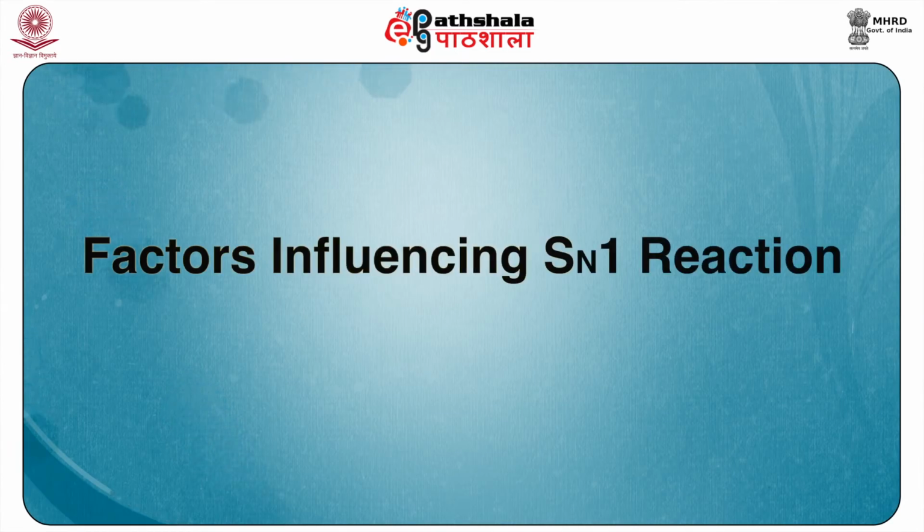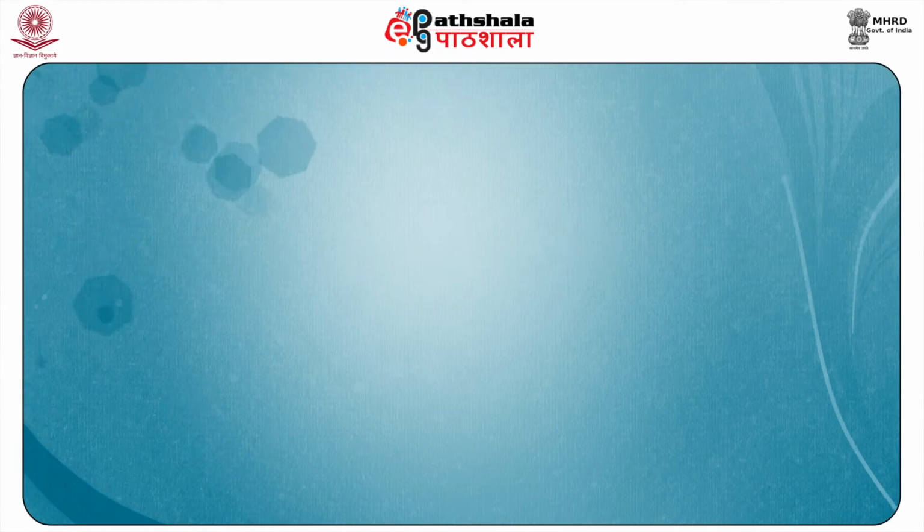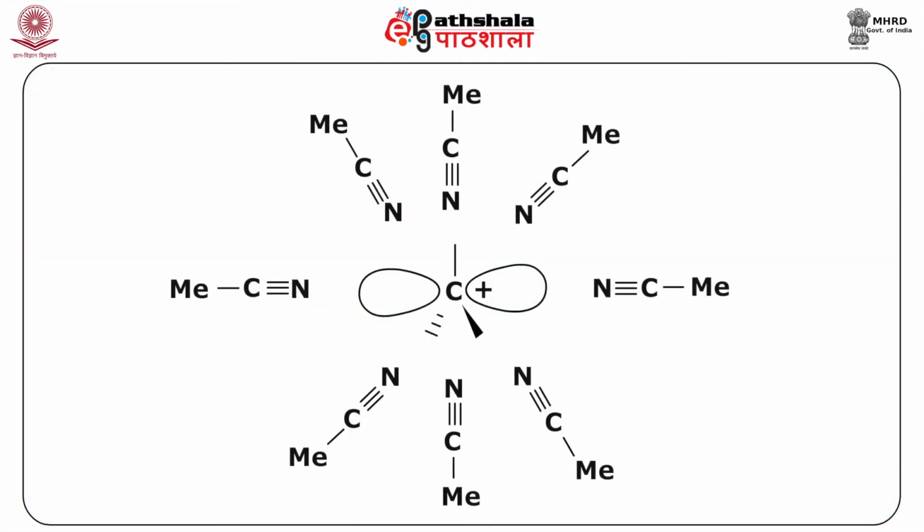Next we come on to the factors which influence the SN1 reaction. First factor is the solvent. The rate of reaction can be affected by the energy level of the reagents. Solvation of the carbocation allows the carbocation to be surrounded by more electron density. That is, since it is positively charged, it will attract the negative end of the solvent, thus making the positive charge more stable. The solvent can be protic or aprotic, but it must be polar in order to stabilize the intermediate carbocation.